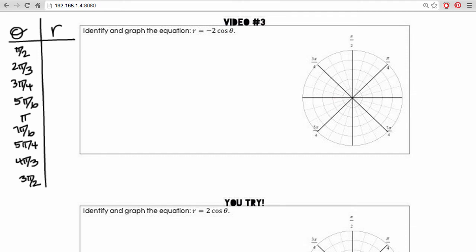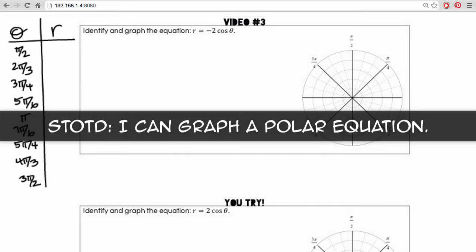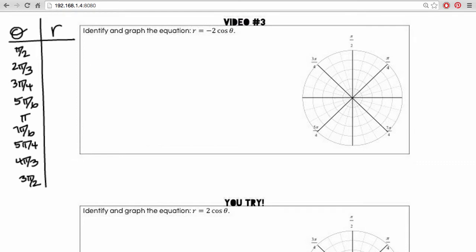By the end of this video, you should be able to graph a polar equation. Now with video 3, we're asked to identify and graph the equation r equals -2 cosine theta. And as always, if you're not quite sure what this graph is going to look like, turn this polar equation